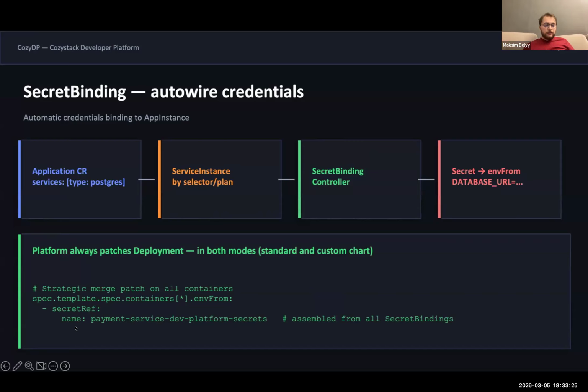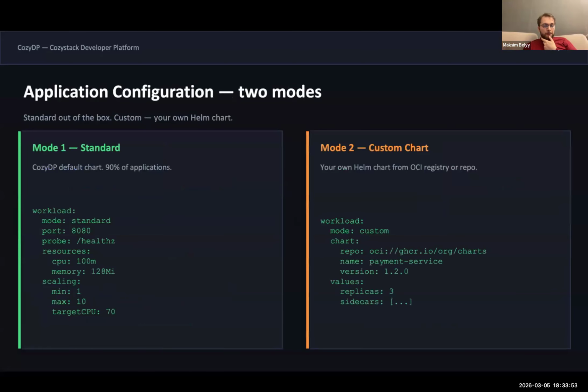So we create a special secret, like, for example, service name and platform secret. And we have the environment from, we actually load all values from the secret. So I think it's simple. So I'm going to the next.